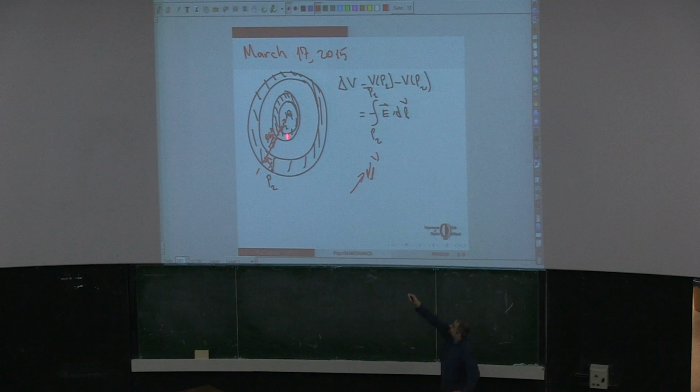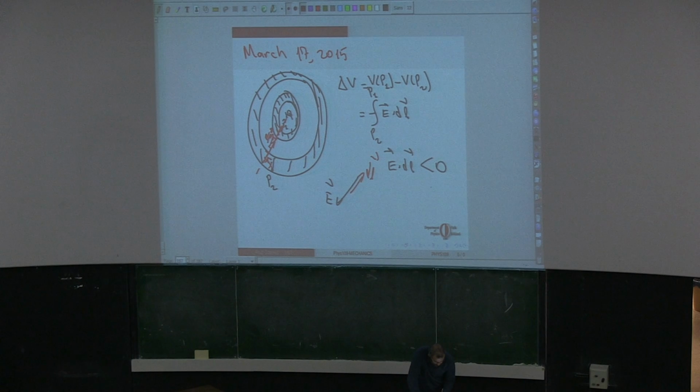So along this segment, this is a typical dl. I've just enlarged this very small dl. Well, the electric field is in the other direction. This is the direction of the electric field. Because I have a positive charge, everything is spherically symmetric, which tells me that the electric field should be radially out everywhere. Since this is a positive charge, it is not towards the inside, it's towards the outside, it's radially outward. So E dot dl